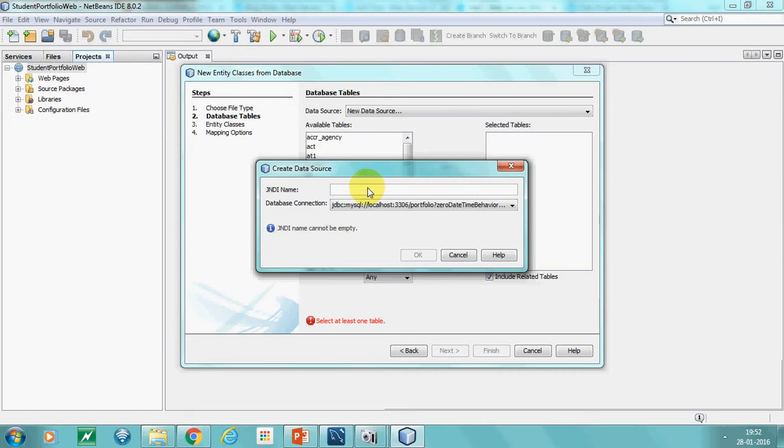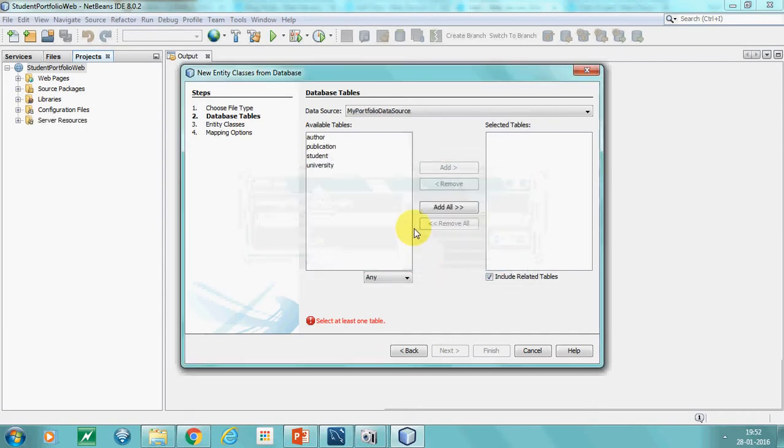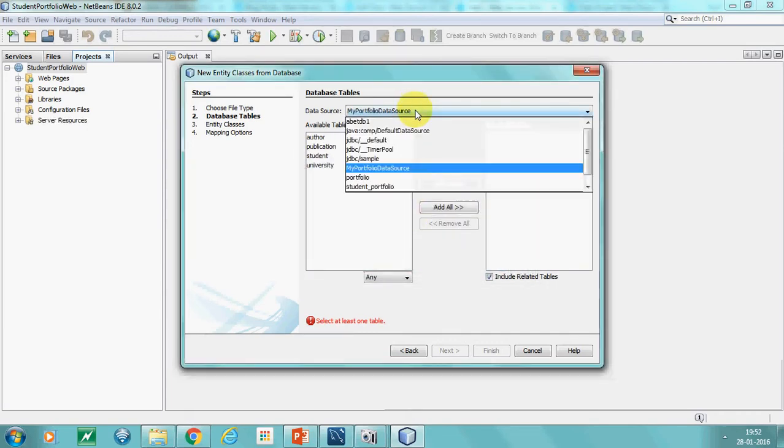That would be my data source name now. I'll give the name as my portfolio data source, correct? So I can distinguish between the database connection and the data source. Once I click upon it, my data source name is my portfolio data source.